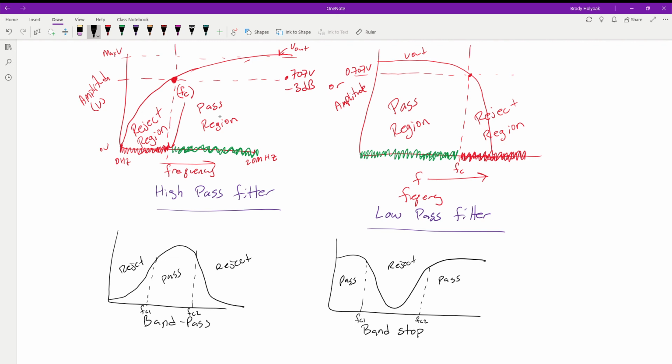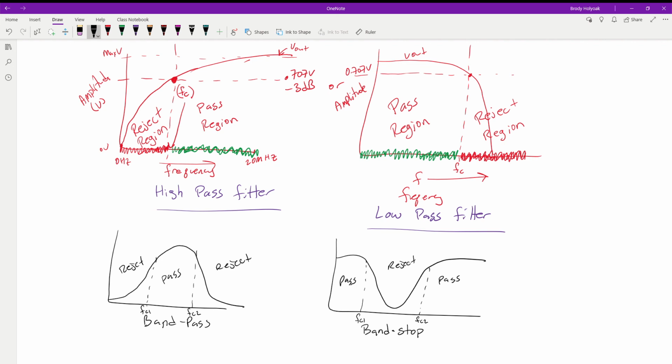And so really, these band pass, band stop filters are just combinations of our high pass, low pass. So we're going to put up a high pass filter at some point down here on this end, and then once we get through here, we're going to put in a low pass filter so it starts cutting it off. So they're just combinations of these different types of filters. But like I said, we'll talk about that in our next step.